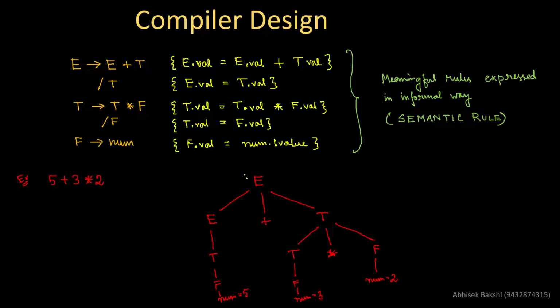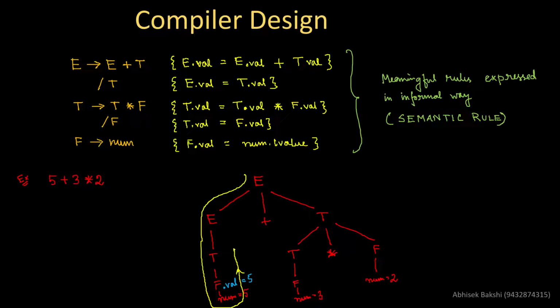So let's start from this point, and we know that it will start from here and it will go back in this direction, right? So basically when it goes in this direction, the first thing that we will find is num will be reduced to f because of this production rule. So what we have over here is that f.val will be equal to 5, because it is written that f.val equals num.lvalue. That means whatever value is in this num will be presented over here, that is 5. Now I will move on again.